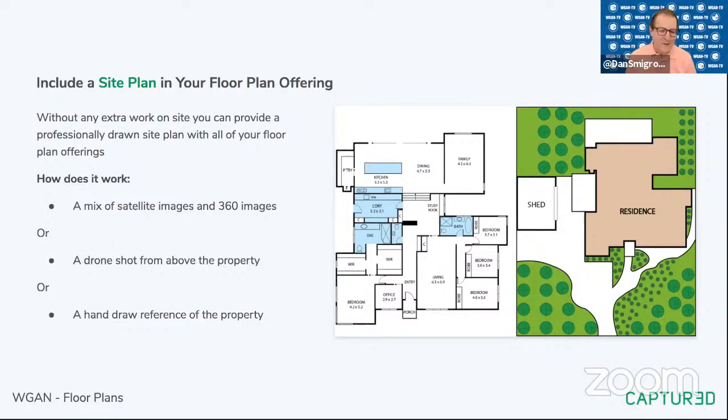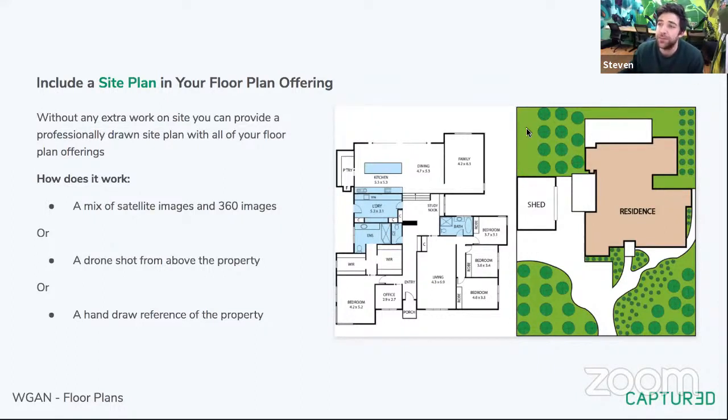So on a site plan, if I do give you 360 views outdoors and or drone photography, then when Captured does a site plan, will the landscaping reflect the kind of shrubbery plants on the property? Yeah, it will. To a certain extent, site plans aren't the most detailed. You're not going to have a plant for plant, but the plants are going to be in the right locations if we can see them.